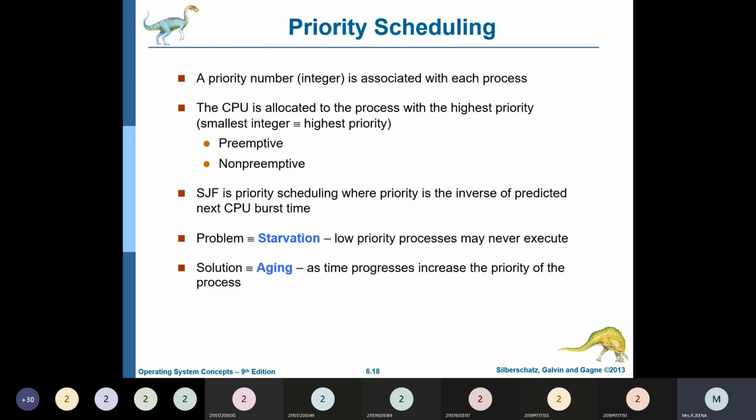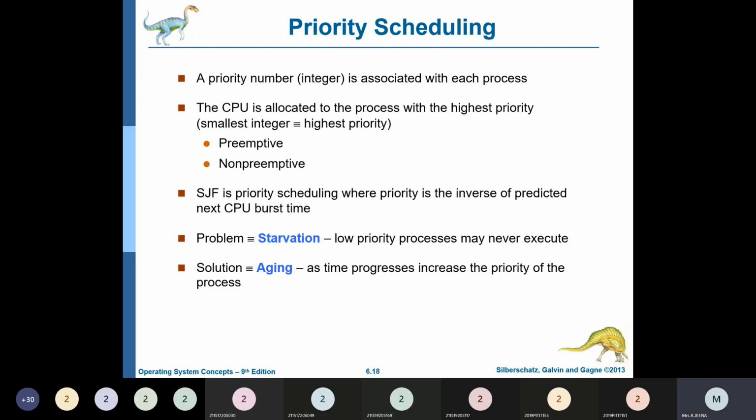Then comes the priority scheduling, which is based on the priority given. The higher priority comes first and the lower priority goes at last. So what is the problem here? The starvation. A low priority process may never execute, because why? Because if the higher priority